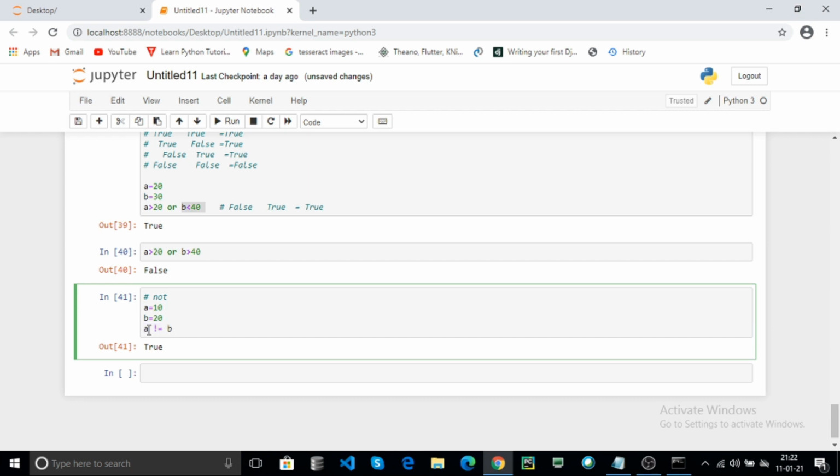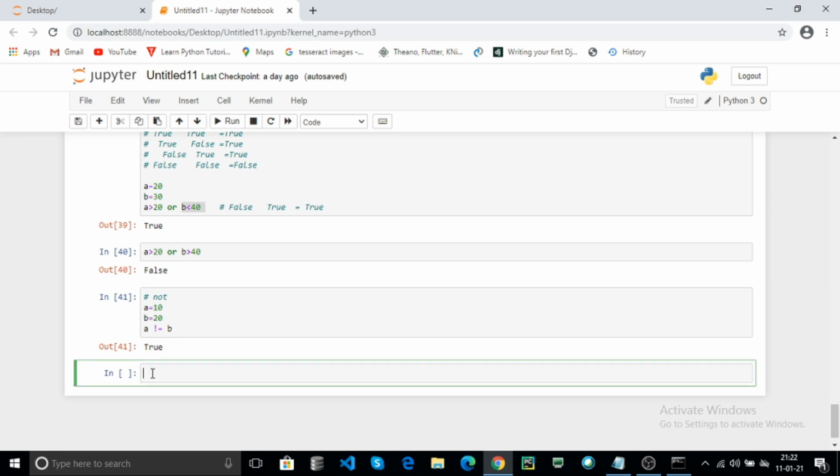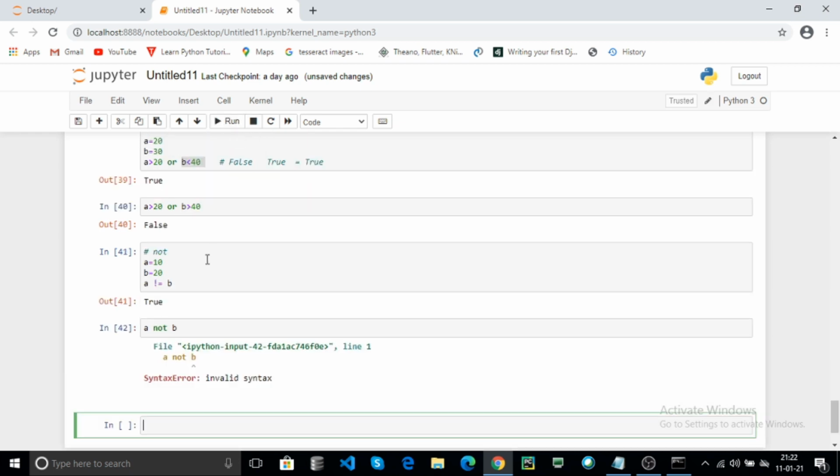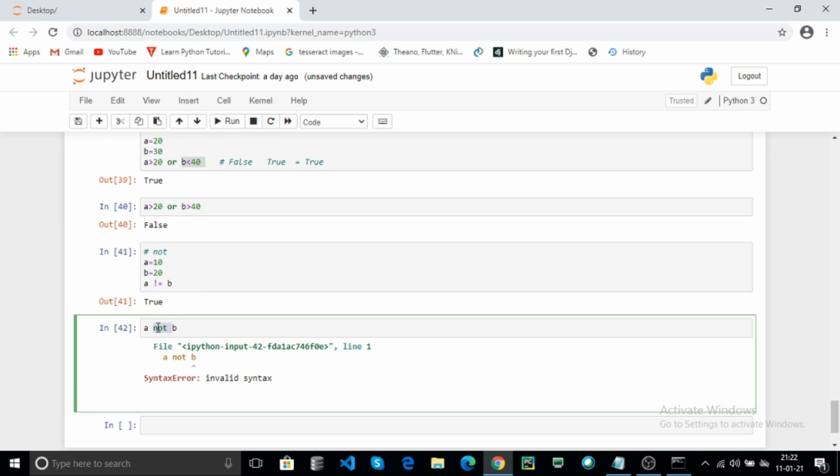For example, A is 10, B 20, A not equal to 20. The condition is true. Here you cannot use the not here.